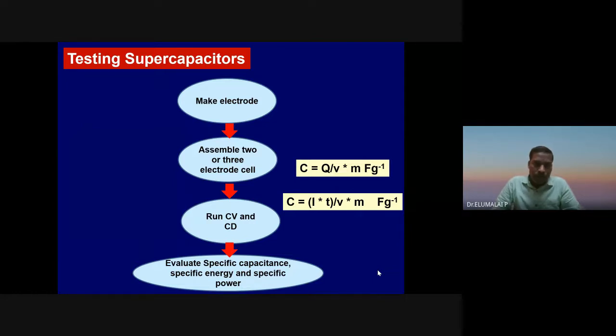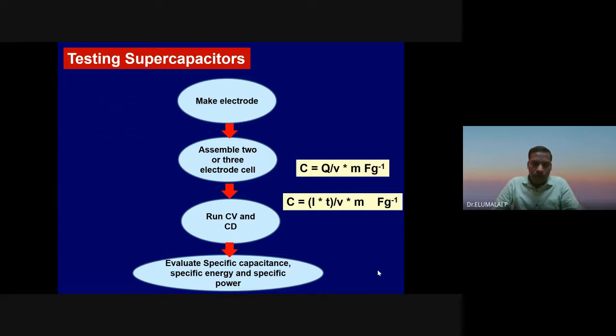And to know the potential and control the potential of the working electrode, you need to have a reference electrode. Preferably secondary electrodes are easy to handle compared to the primary reference like normal hydrogen electrode. SCE, saturated calomel electrode, or AgCl, or mercury oxide are the typically used electrodes. Then in order to compensate the current, you need to have a counter electrode. So an electrochemical cell will consist of these 3 electrodes usually.